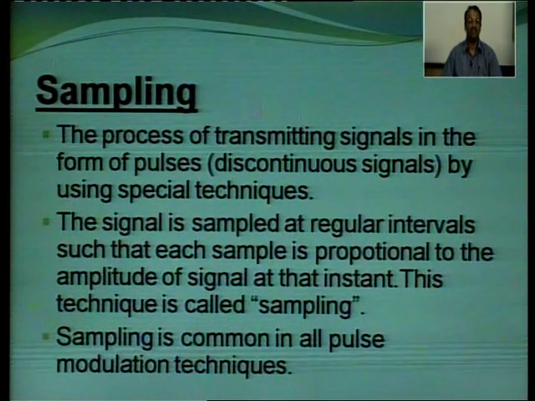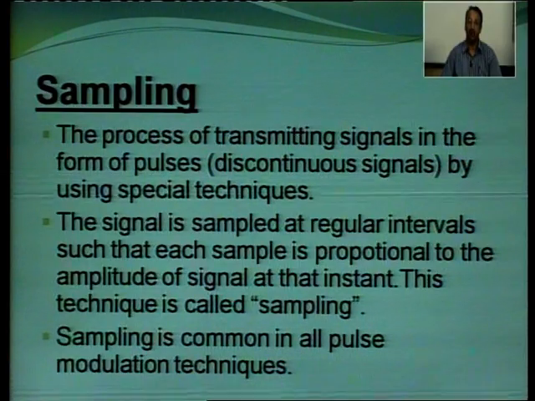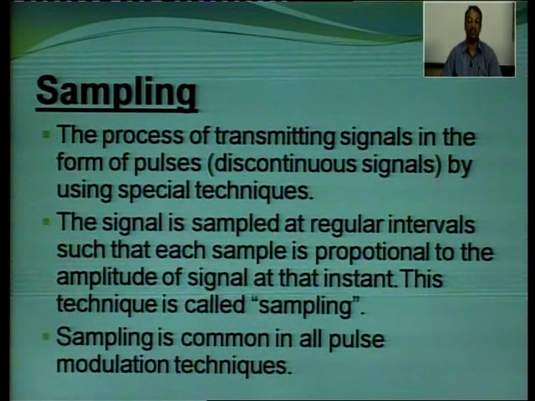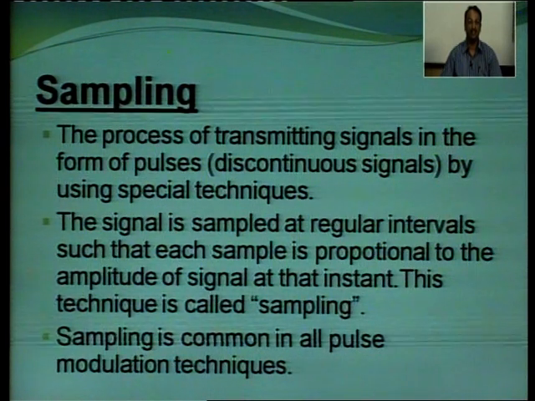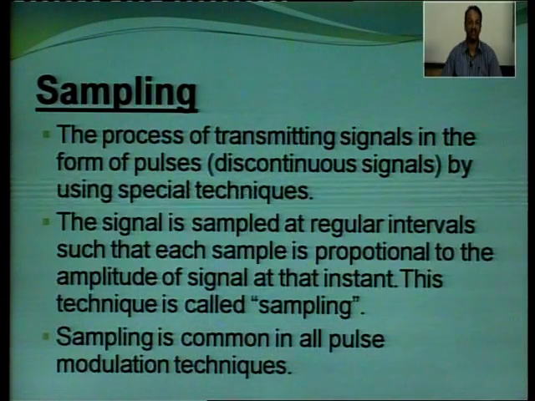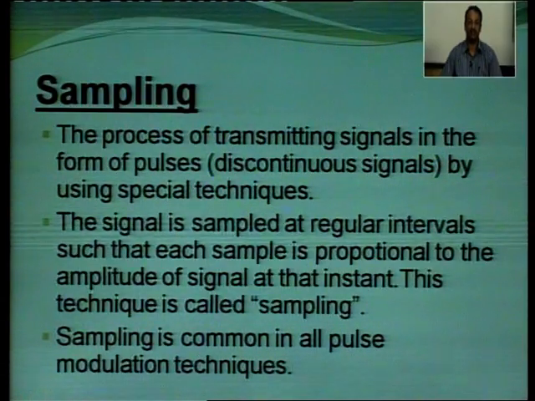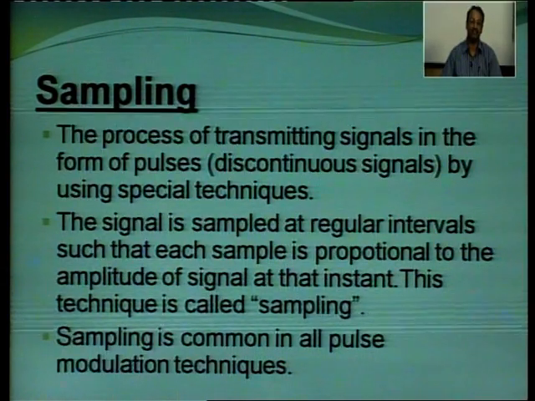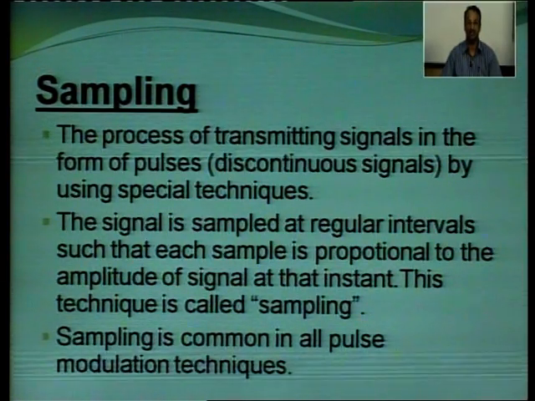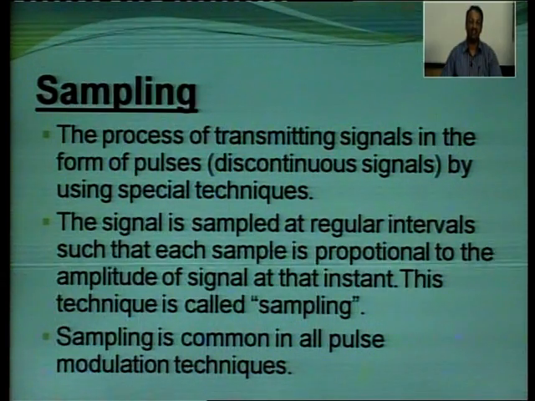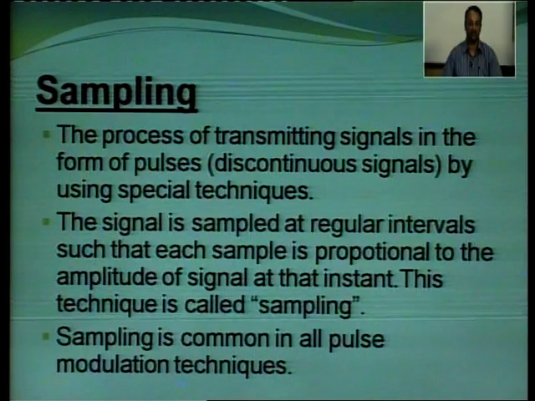Sampling process is common with all these techniques. What is sampling process? The process of transmitting signals in the form of pulses, that is discontinuous signals. There is a difference between analog and digital, that is analog is always a continuous signal, whereas pulses are discontinuous signals. By using special techniques, the signal is sampled at regular intervals,